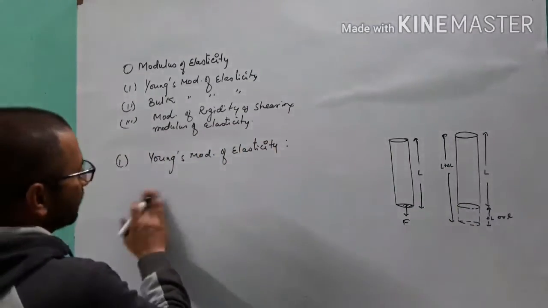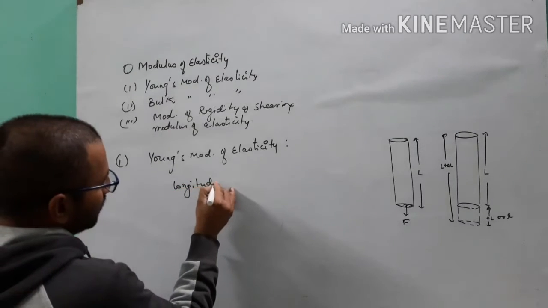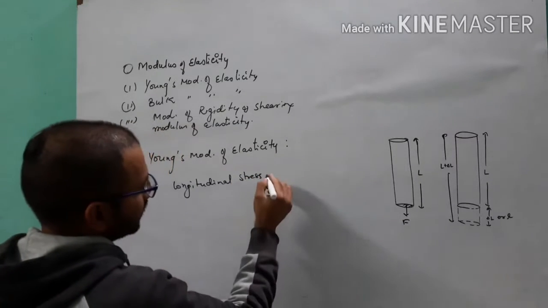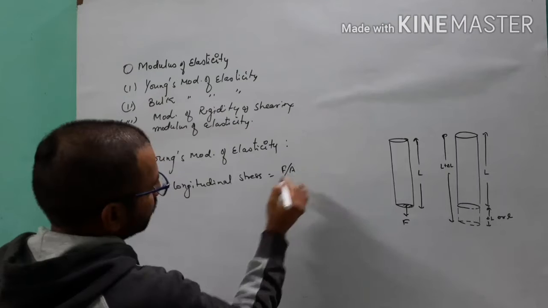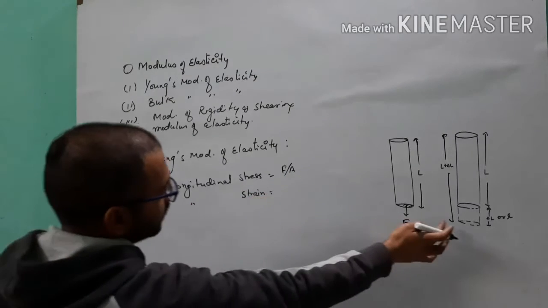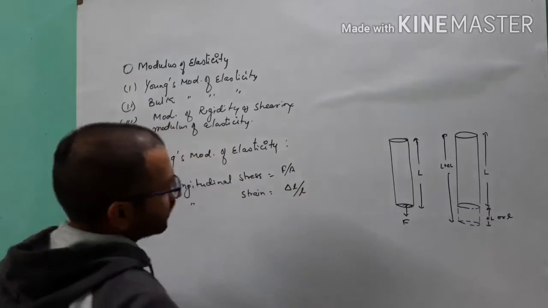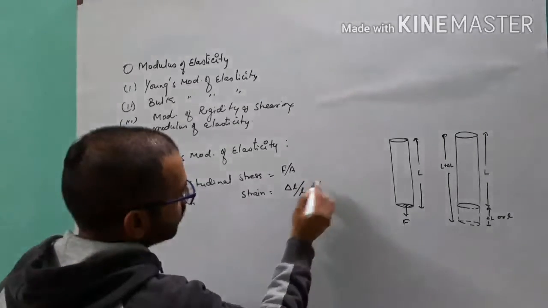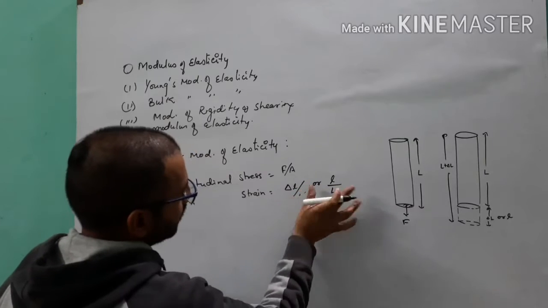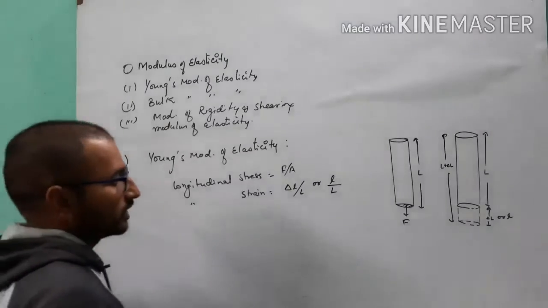At that time we have the stress, which is called longitudinal stress, which acts on the cross-sectional area A and is written as F over A, and also the longitudinal strain, which is the change in length, delta L, over the initial length L. In some books, in place of delta L they have written small l over capital L. So I will write this value or that value according to your convenience.